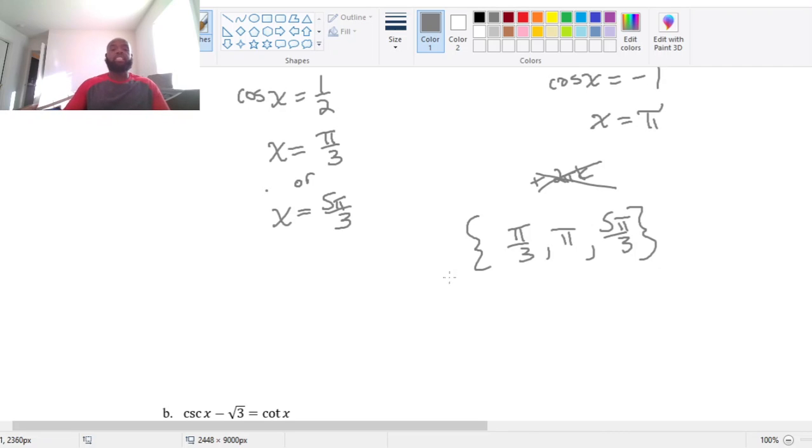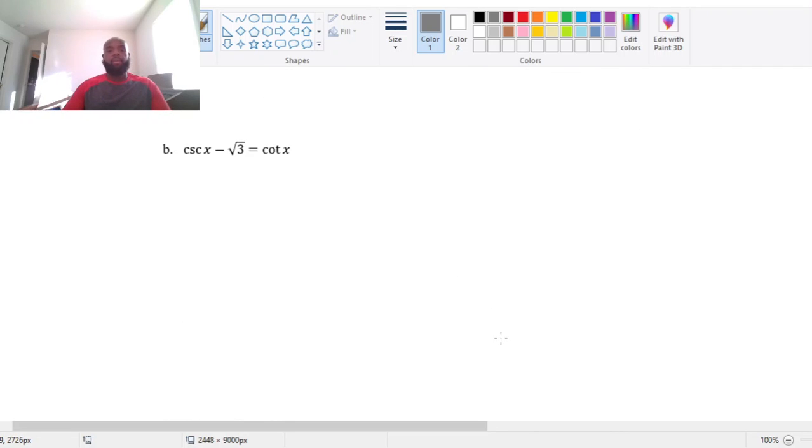All right, let's look at an additional example here. Here I have cosine of x minus the square root of 3 equals the cotangent of x. Notice here, and this is something that you want to recognize here. Anytime I see a cosecant and a cotangent in the same equation, I'm going to think about this identity here. 1 plus cotangent squared of x equals cosecant squared of x, right? We know this to be true,